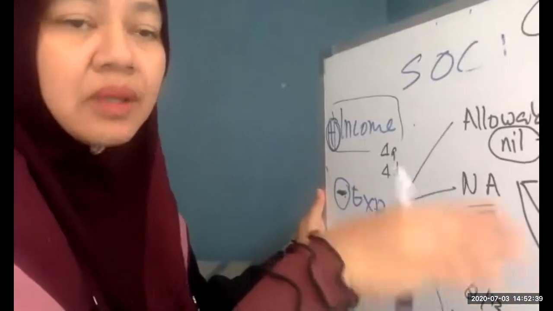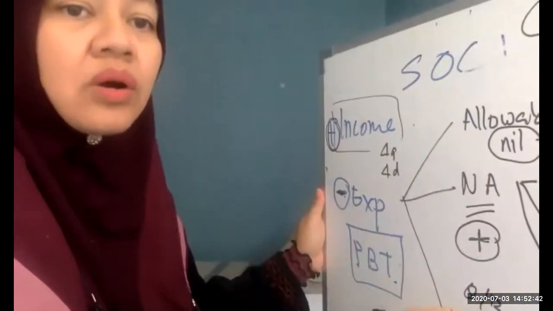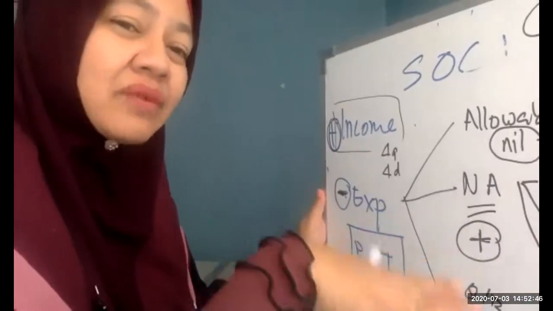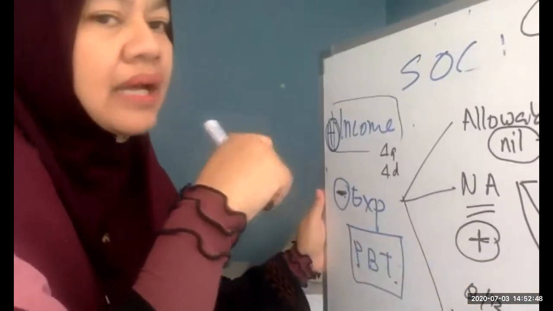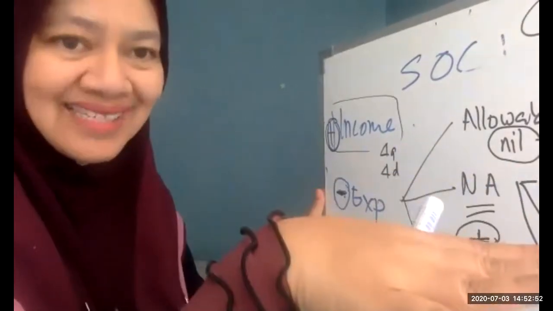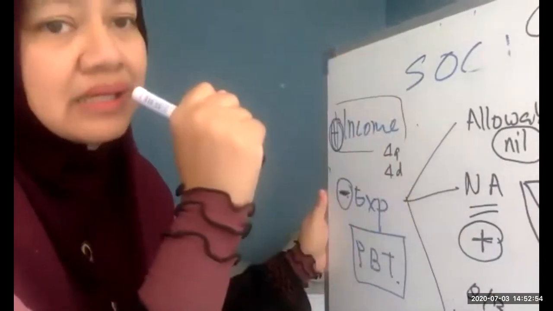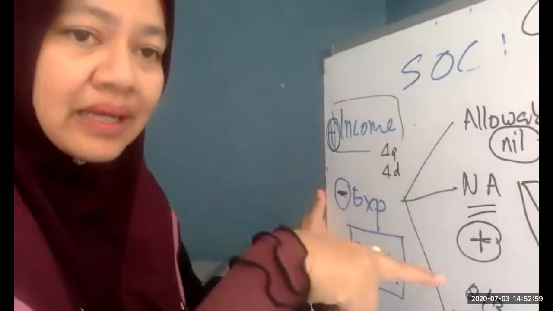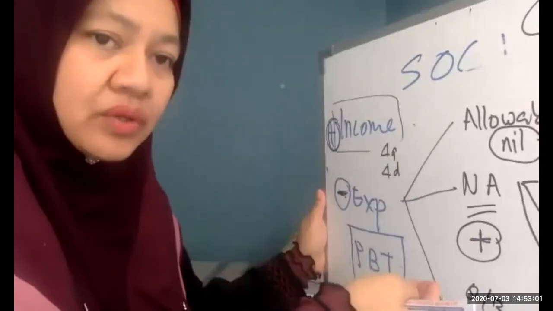How much have you claimed? Should you claim more in the year, or do you have to add back? If anything more than 50,000, you have to add back for that year. Remember that 50,000 is for the whole period of leasing, not only for that year of assessment. Similarly, if below 150,000, you can claim up to 100,000. So sometimes you have to do computation for your lease rental.